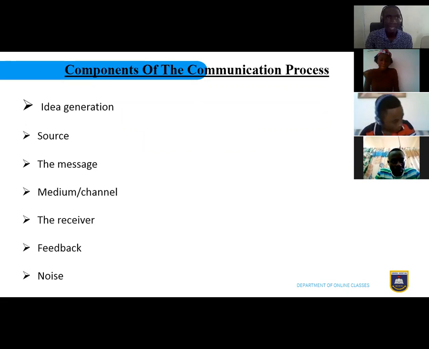Anything that will make it extremely tough, difficult, that me as a receiver, I'm not able to understand whatever was actually sent to me. Now, right now, in our communication, one of the noises is network problem. Yes, it's a noise because you will not understand what I'm saying. Again, if my screen is not showing well,